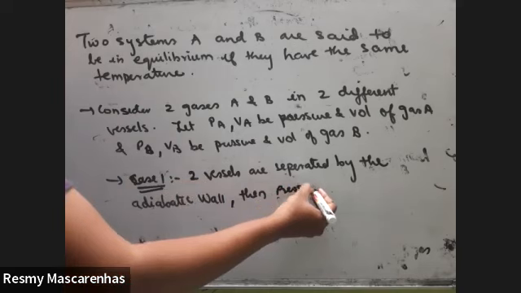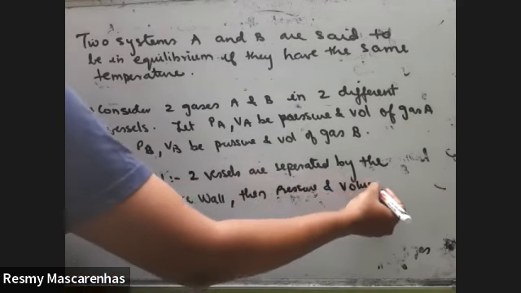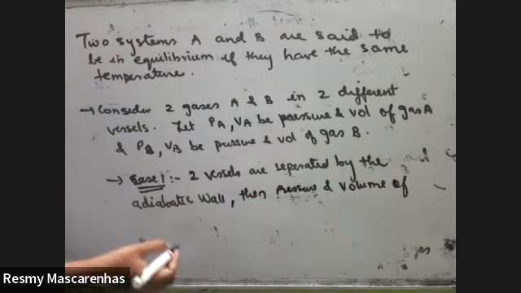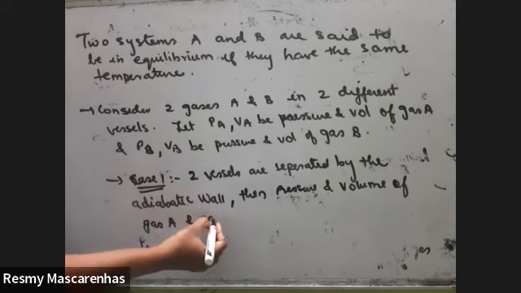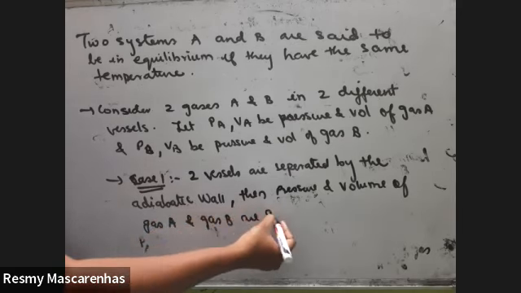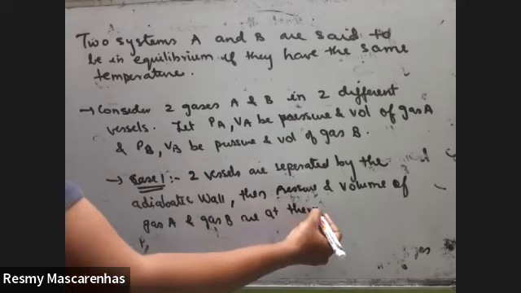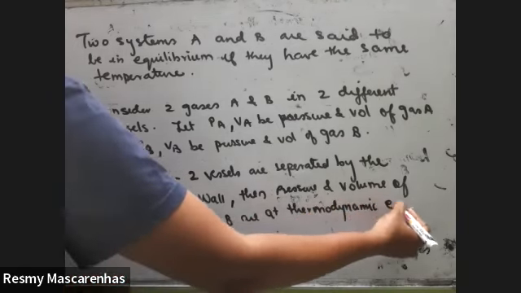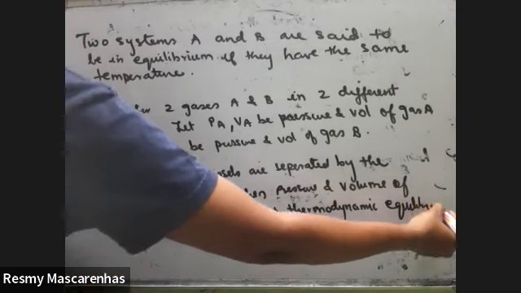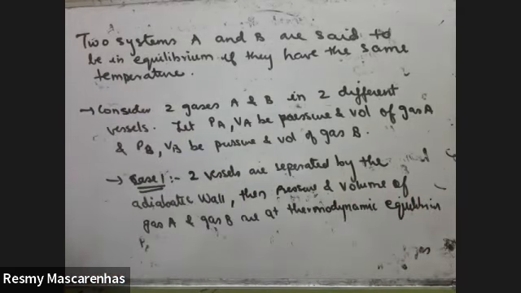Pressure and volume of gas A and gas B are at thermodynamic equilibrium. Means they are in their own world. Case 2,